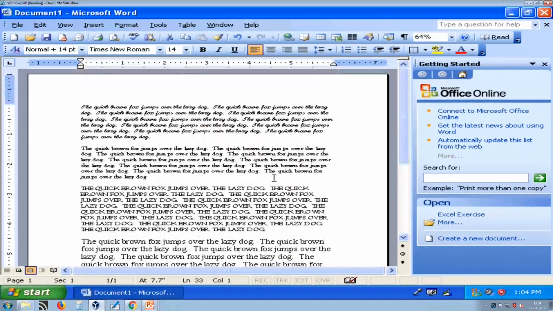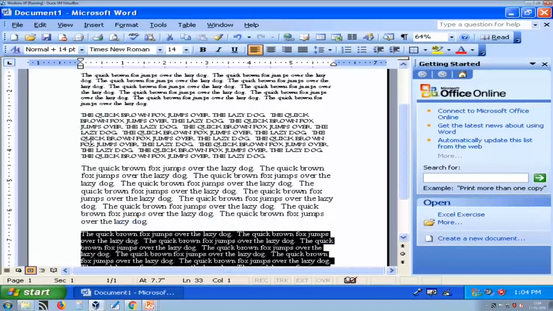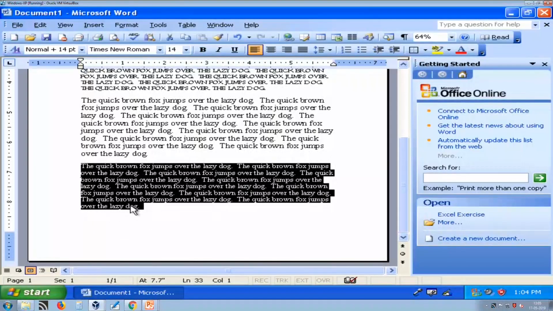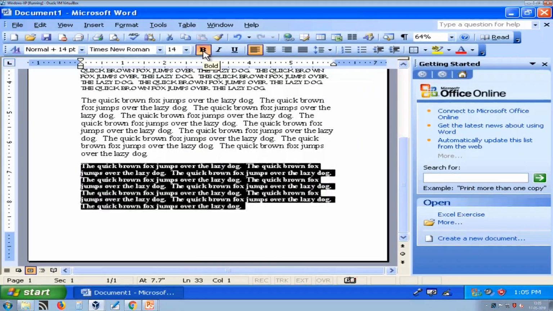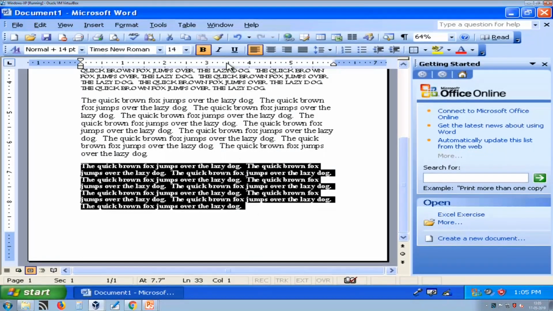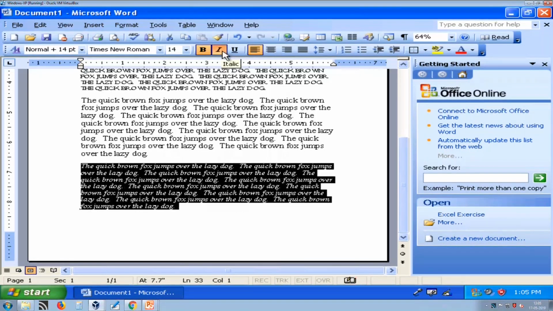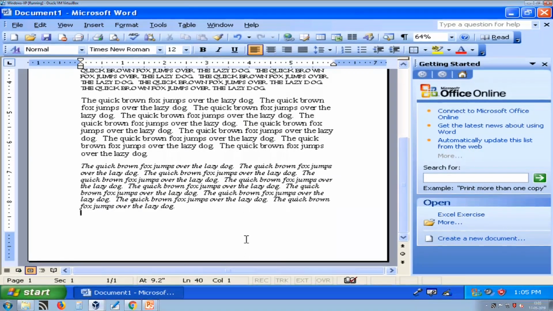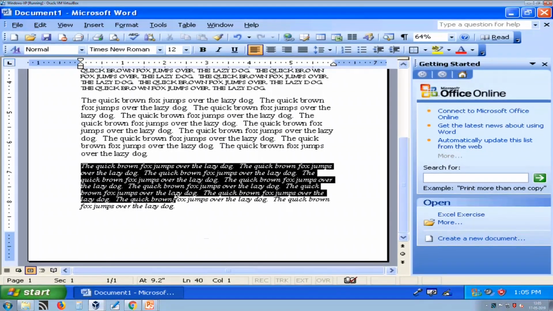There are three buttons here: bold, italic and underline that you can use. Here is bold. So, my bold text will look like this. Now I want to make slanted text. For that I can use italic. So here is how my italic text will look. Now I want to underline something.